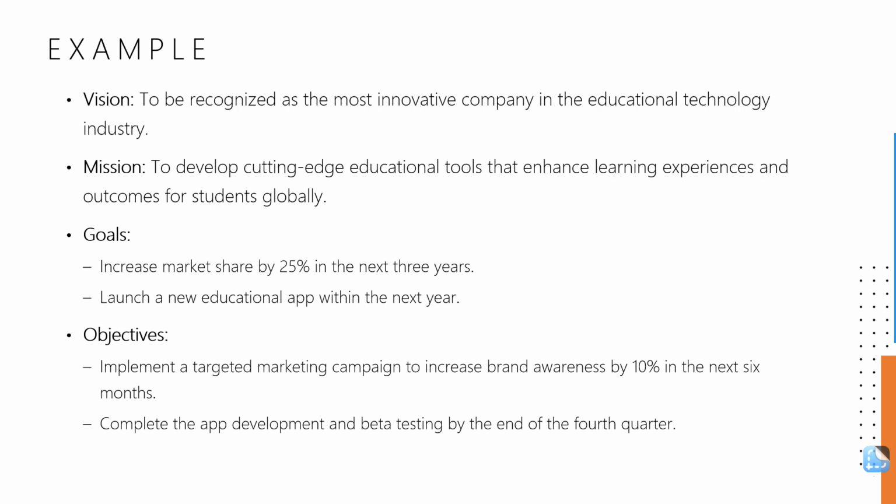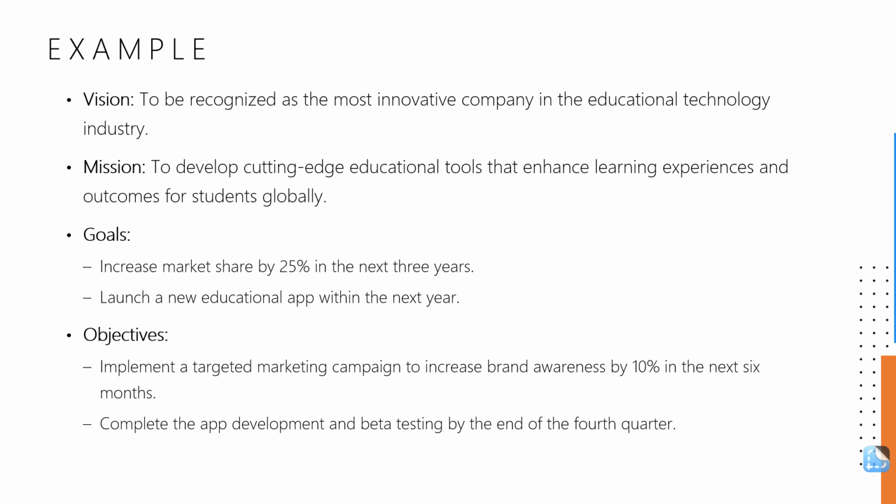Objectives. Objectives are usually SMART: specific, measurable, achievable, reliable, and time-bound. So this is a specific and measurable action you take to achieve your goal. They are more precise and short term than goals, and provide clear steps to achieve your broader aim.